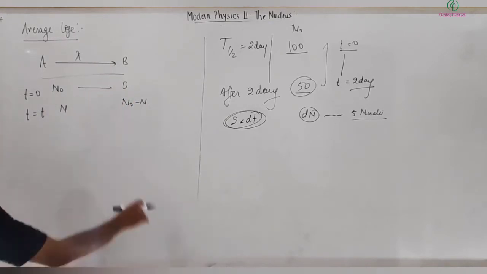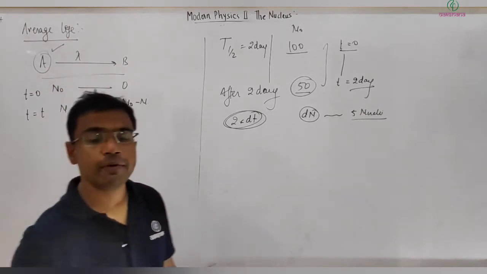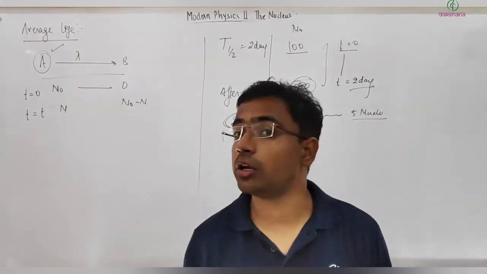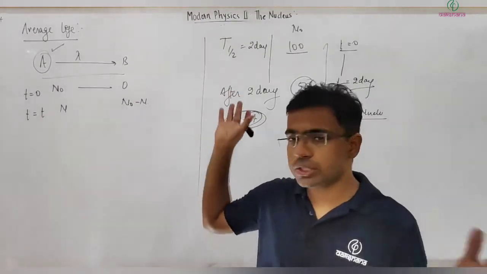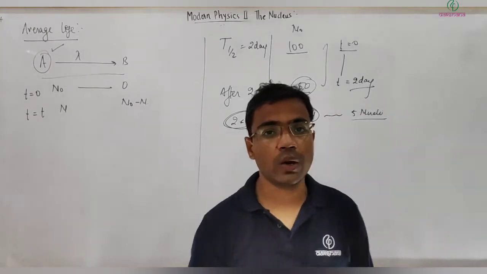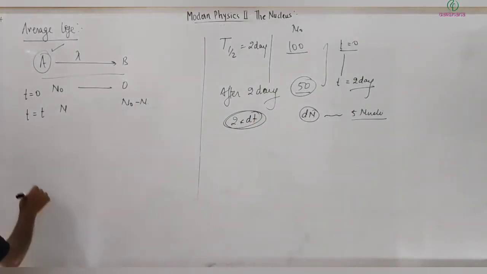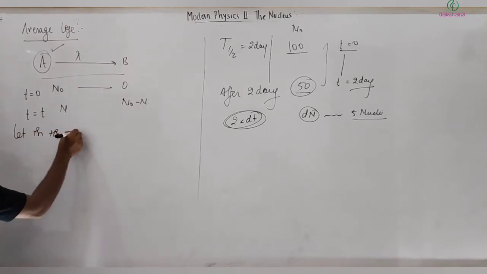Here we are talking about only A, the average life of radioactive nuclei, not B. If we talk about B, then we will do the calculation for B part. Right now I am talking about the average life of A. Okay, so let in time dt